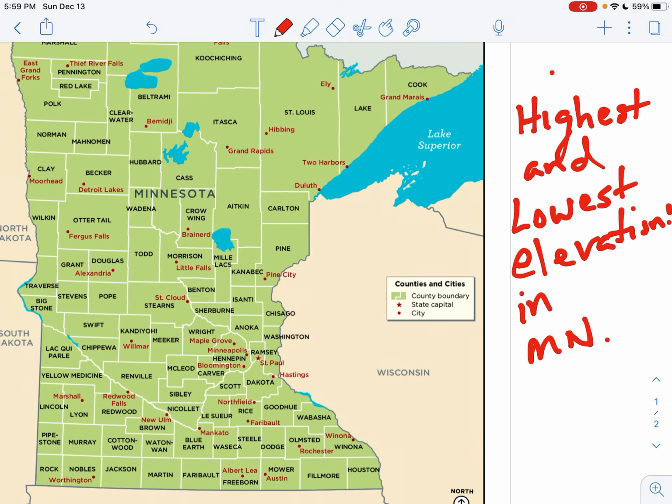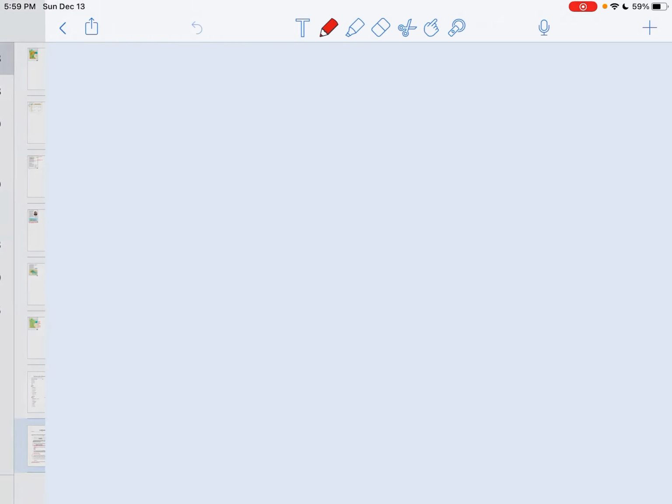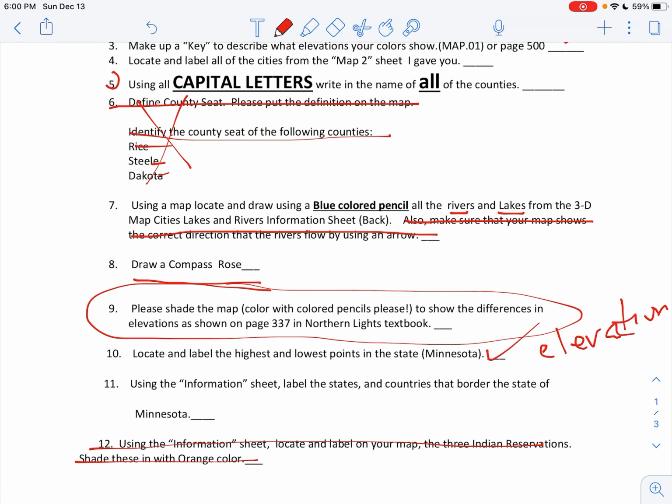Okay? Please locate those and just go ahead and mark down where those areas are with a little X maybe, or some kind of a star, whatever you want to do, and make sure you put a description in the key and tell me what the elevation is, in feet. All right, give me the elevation for the highest and the elevation for the lowest. Thank you for that. Just Google that to find out. That's all you need to do. That's number 10. Okay,